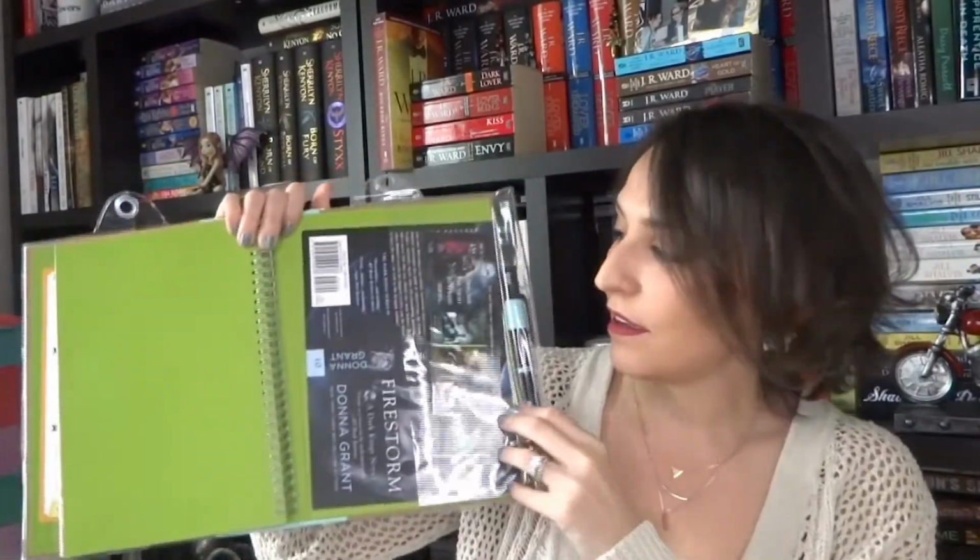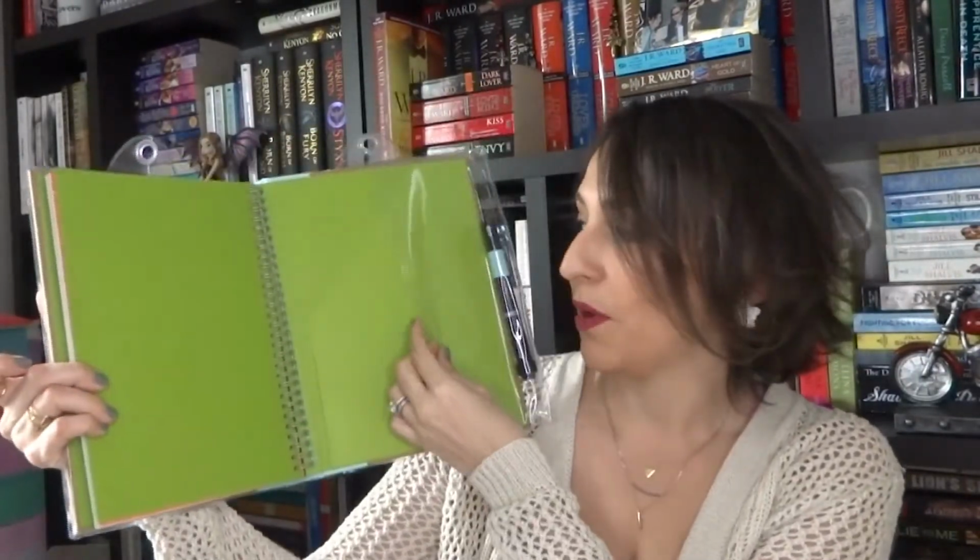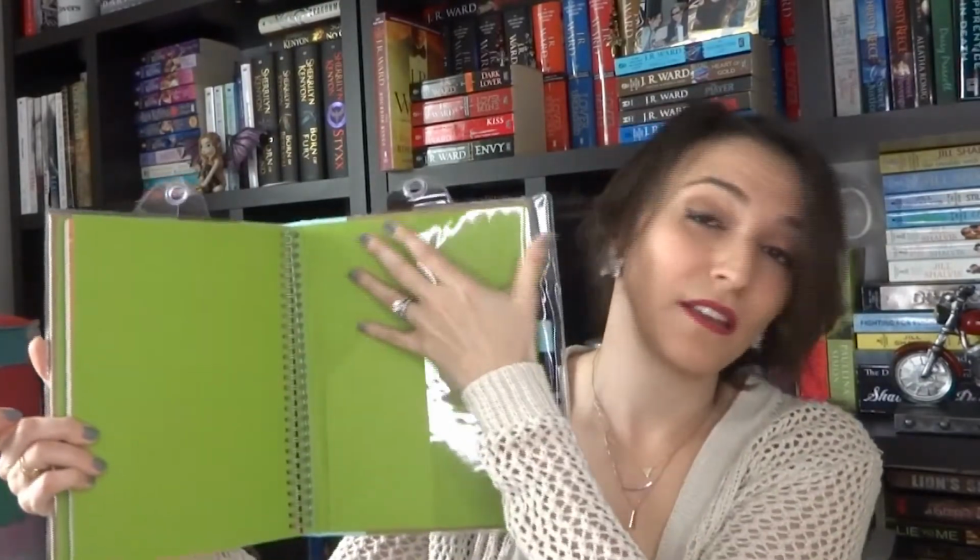So at the back, as you can see, I was sticking the swag in the back, but I was actually just using the protective plastic that it comes with. It does have a pocket here, but I found this pocket to be a little tight to stick things in, especially when you're at a signing, you want to move fast, you just want to throw stuff in. So I kept it in the plastic so that I could gather all this stuff in it, and then once I'm ready, when I'm home,